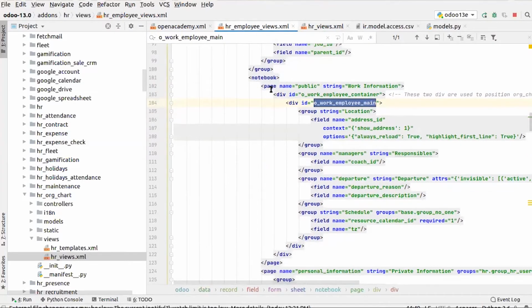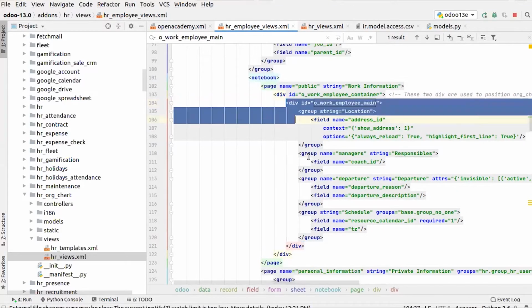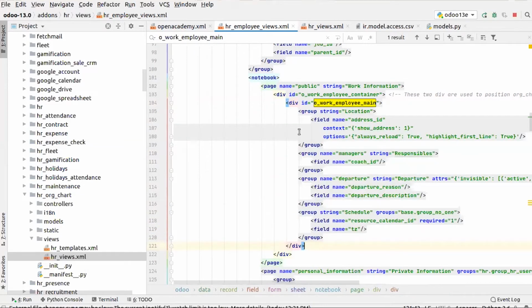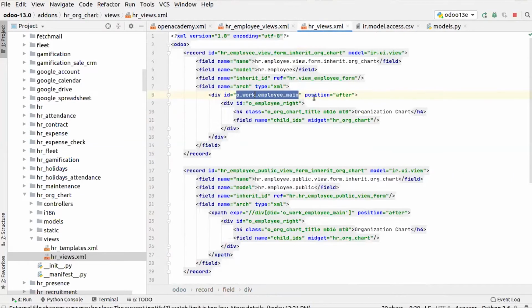Under the public information, under the name public, the work information section, we have a div, a division, or work employee main. So under this is that section. All this part till this closing div. In our HR view, we have mentioned that position after. So after this O work employee main div,